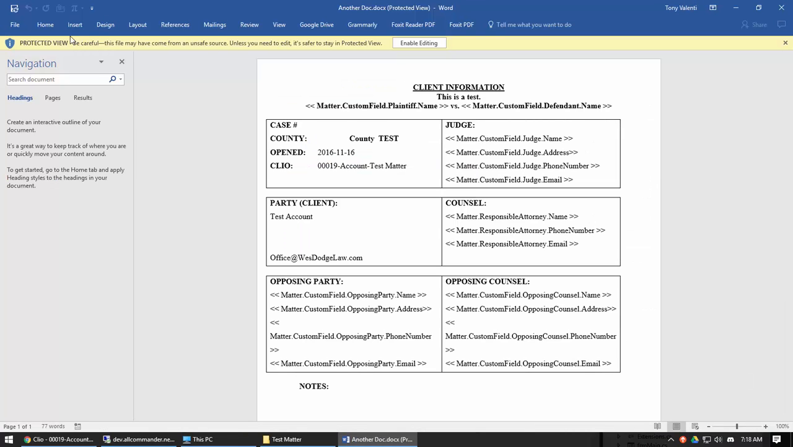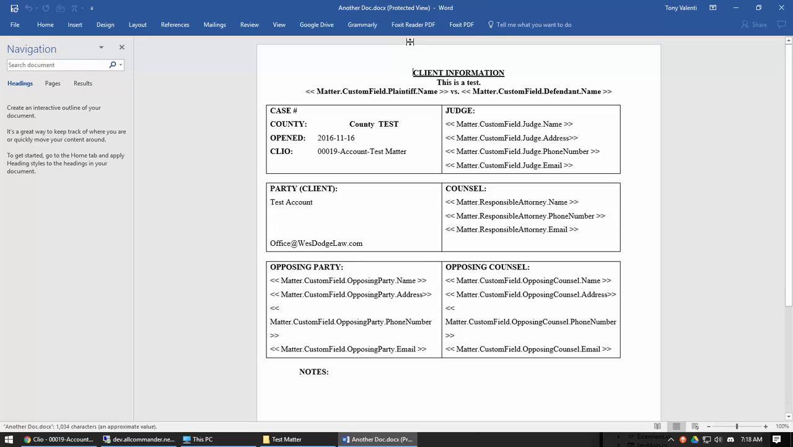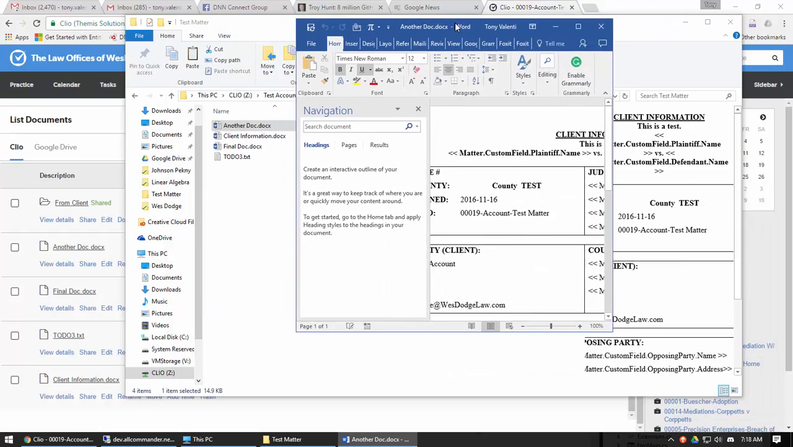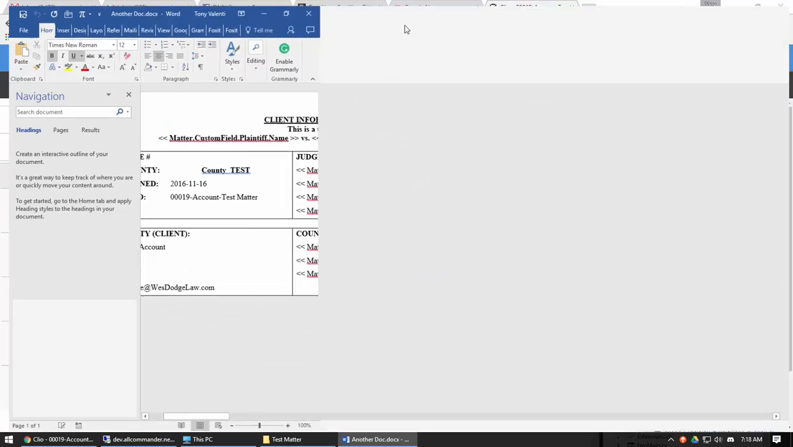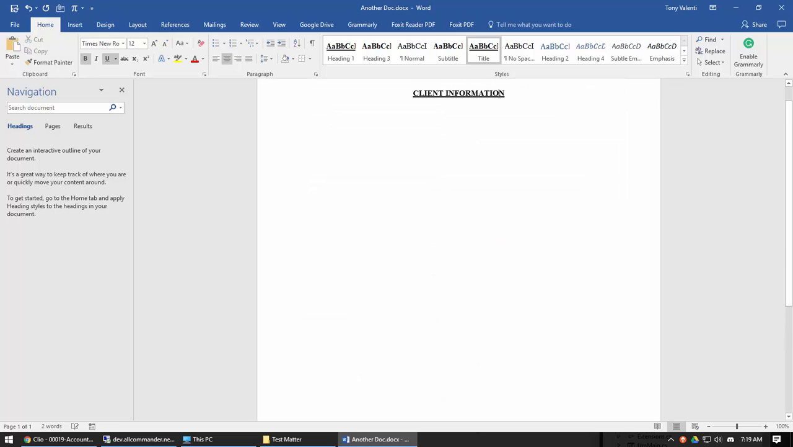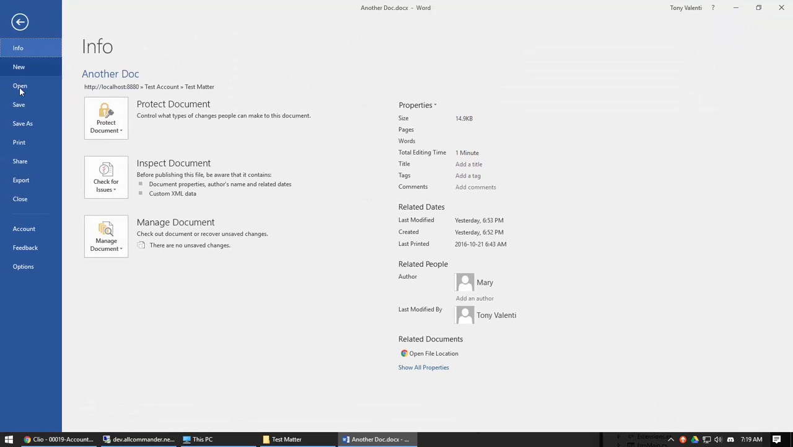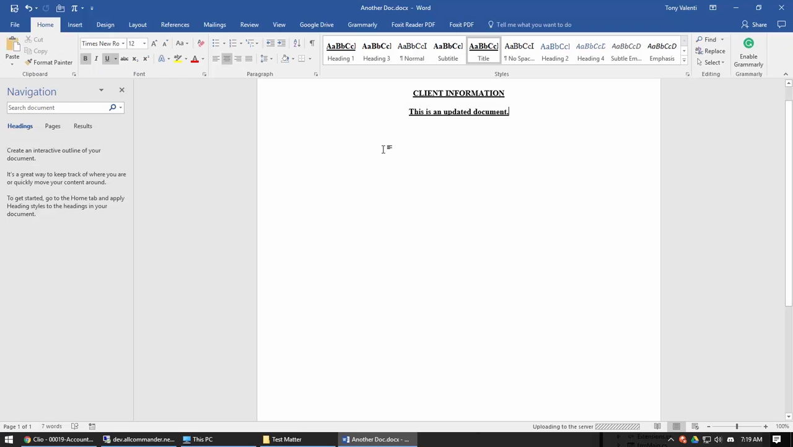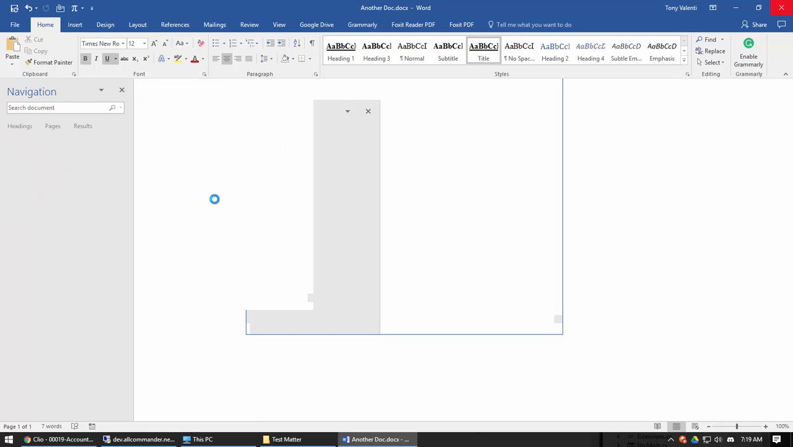And it's giving me this warning because I'm basically editing it from a network location. I'm going to go ahead and click Enable Editing. I'm going to blow this away. Now I'm going to go ahead and click File, Save. Boom. You'll notice down here it says uploading to the server. Now here's what's really cool. If I go back over into Clio,